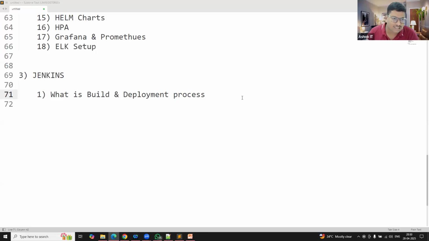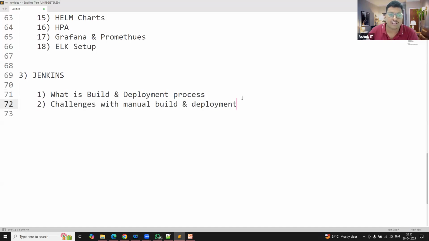And what are the challenges with the manual build and deployment process? If I want to deploy one application on the server manually, what challenges do I have to face? Okay, then how to automate our project build and deployment process.